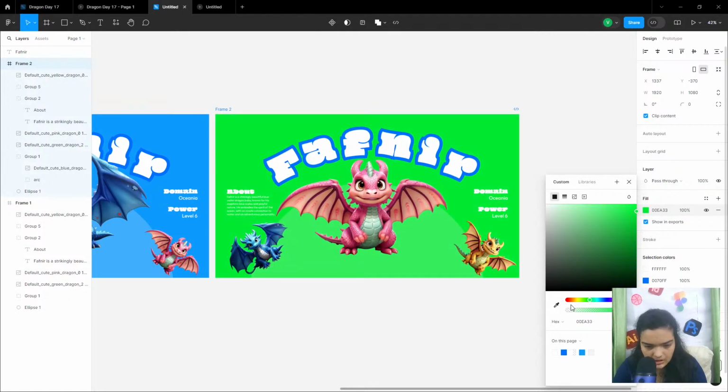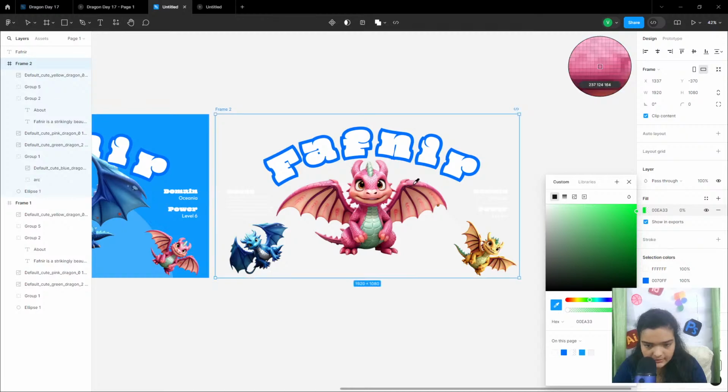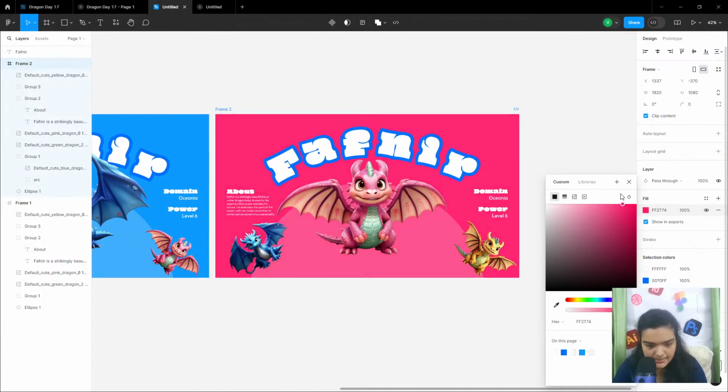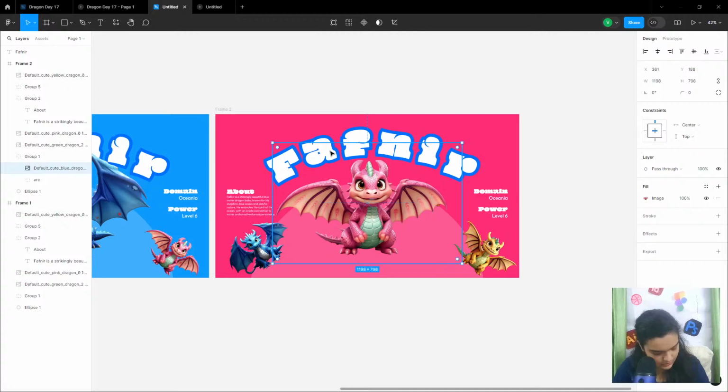Let's just choose a pink from inside of the scales of this dragon, and then make it as bright as we want. This looks bright enough. Alright, now we're just going to